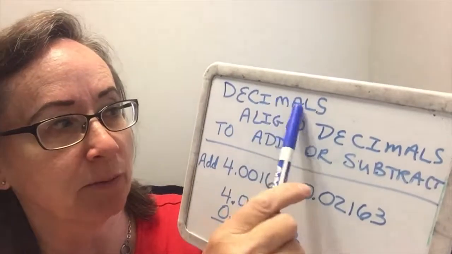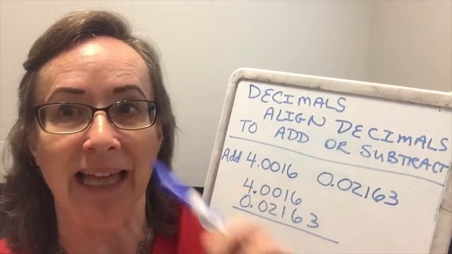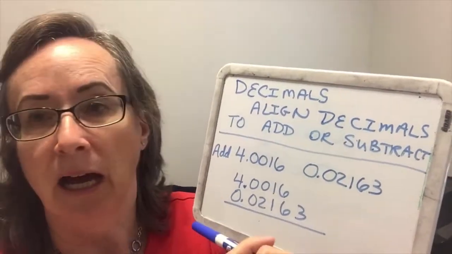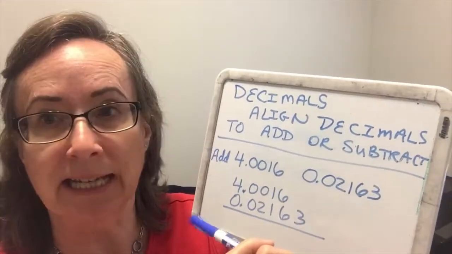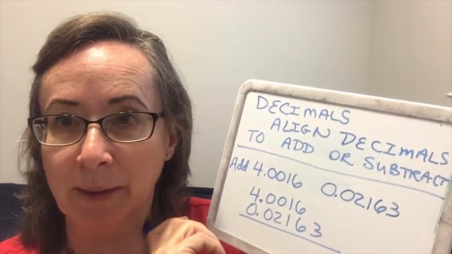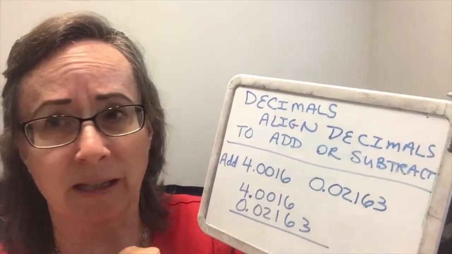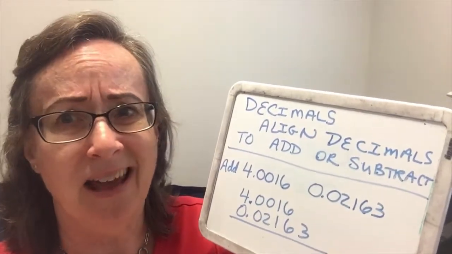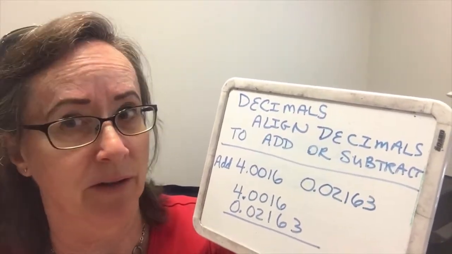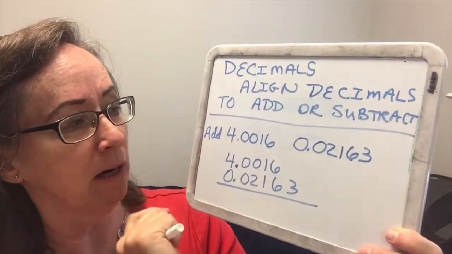So decimals: remember when we're adding and subtracting decimals, we must always align the places. We must align the decimals so that all of our place values will be the same. If we don't align our decimals, then we could be adding tenths with hundredths, and that would not work very well. So here we're adding